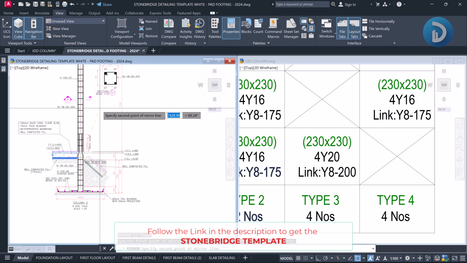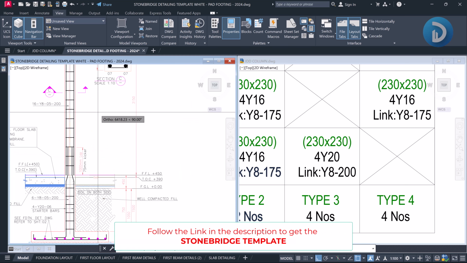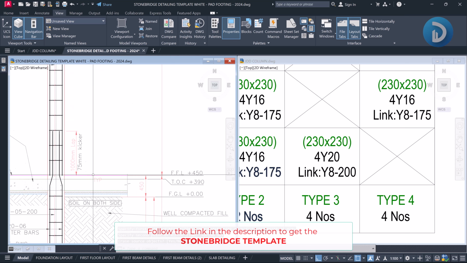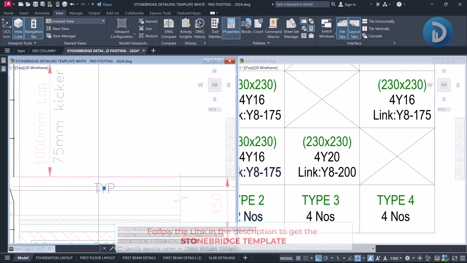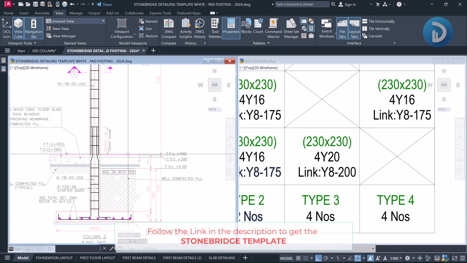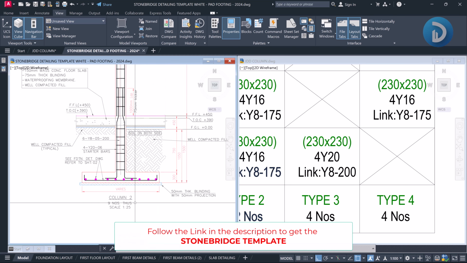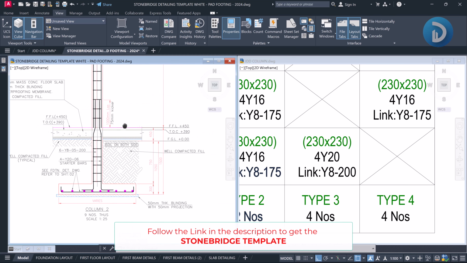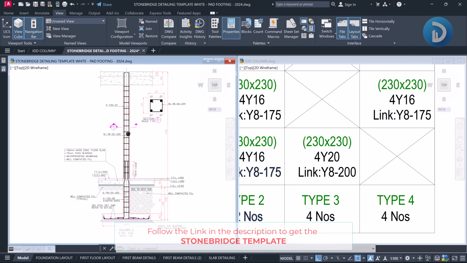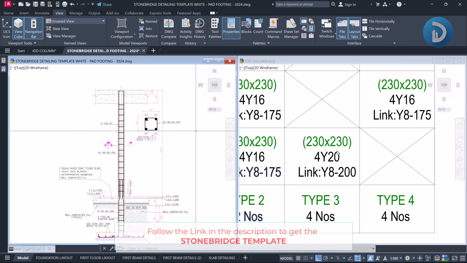So I'll mirror this to the right hand side. Okay, and I'll erase this. So as you can see, in no time, we've been able to provide proper detailed information for this